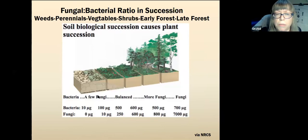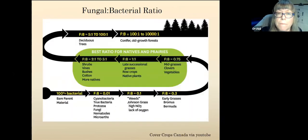So bacteria, a few fungi, balanced, that means you could grow crops there. So that's not for us, for natives. More fungi is kind of where we want to be. And then if we are gardening the forest, well, that's its own question. Should you garden the forest? But so